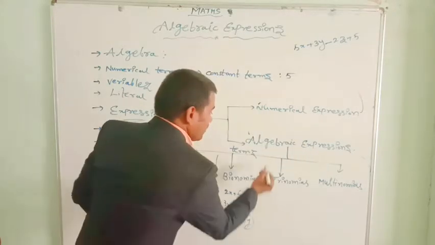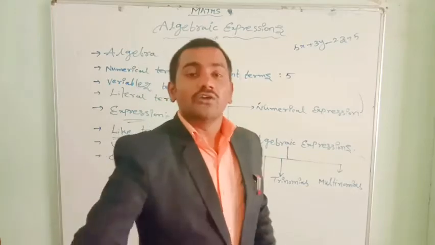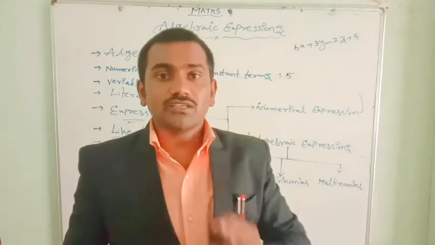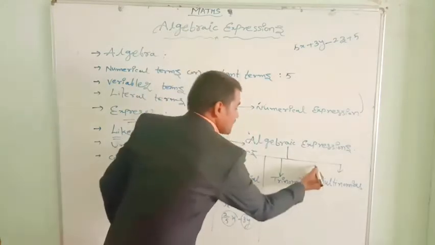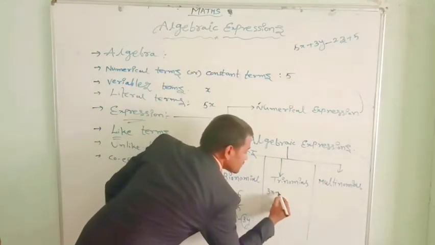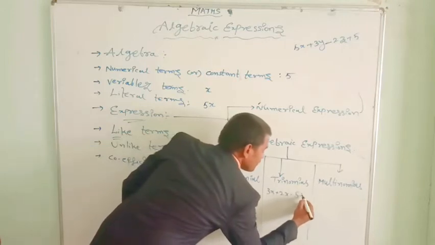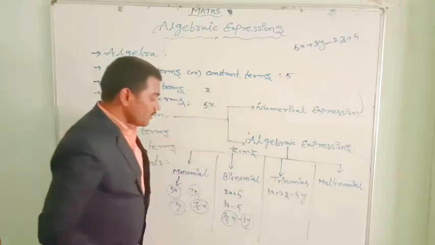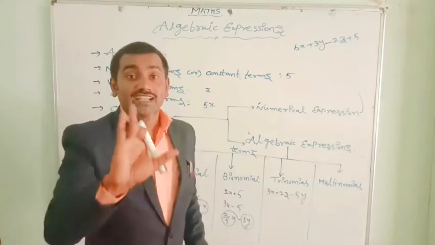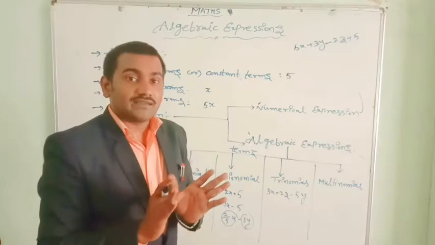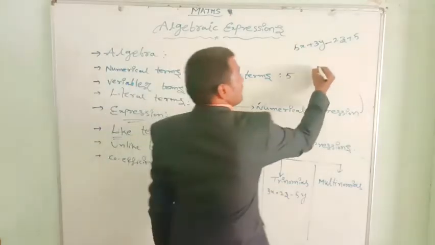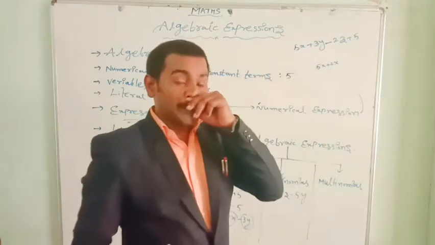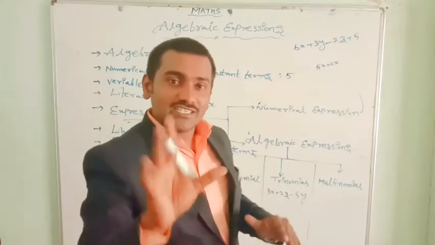Simple. What is the meaning of trinomial? Yes, your expectation is correct. If an algebraic expression contains three terms, it is known as a trinomial. For example, 3x plus 2x minus 5y. Okay, they should contain unlike terms, not like terms. If there are like terms, we can add or subtract. See, 5x plus 2x is not two separate terms. It's a single term only.